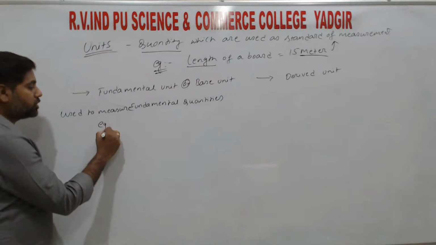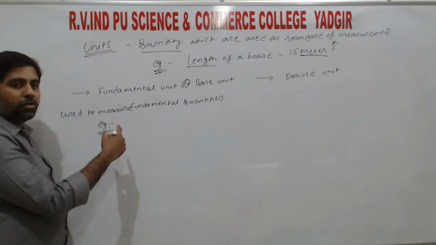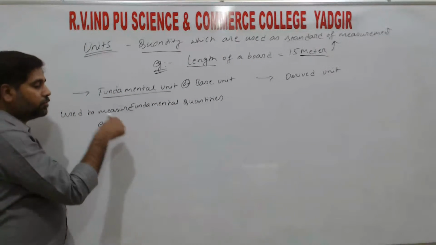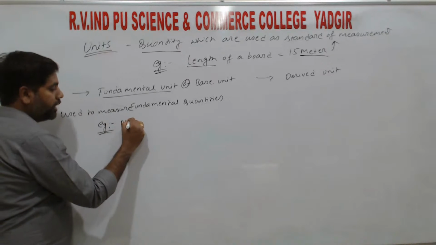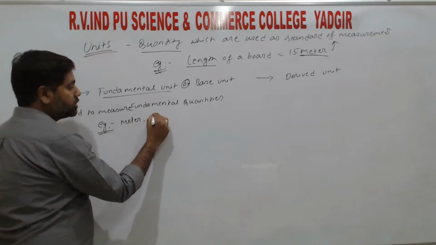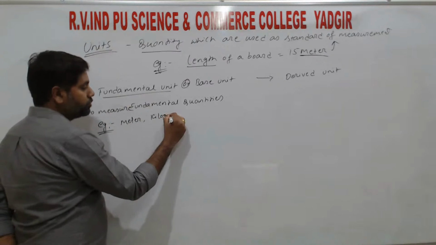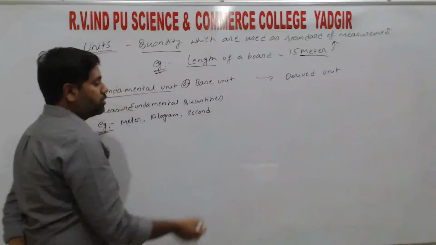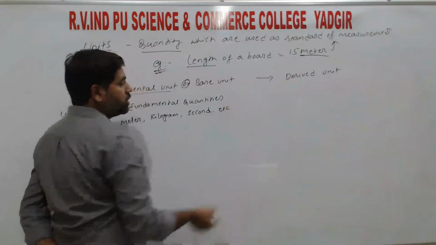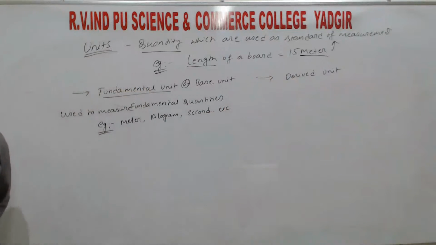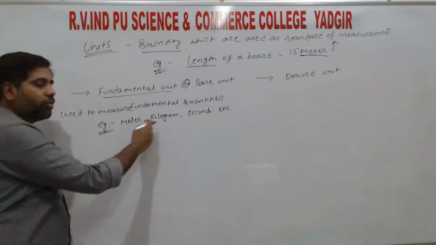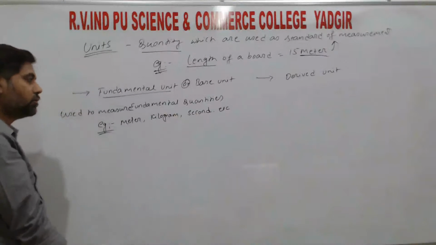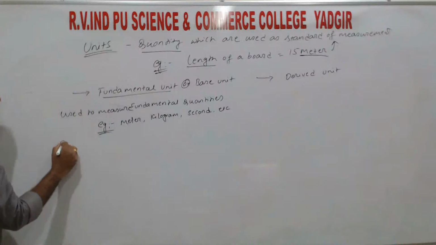So examples for the fundamental units, right? This is the definition. Examples: meter, kilogram, second, and so on. How many fundamental quantities do we have? 7. So here also we are getting 7 fundamental units, right? So if we list them,